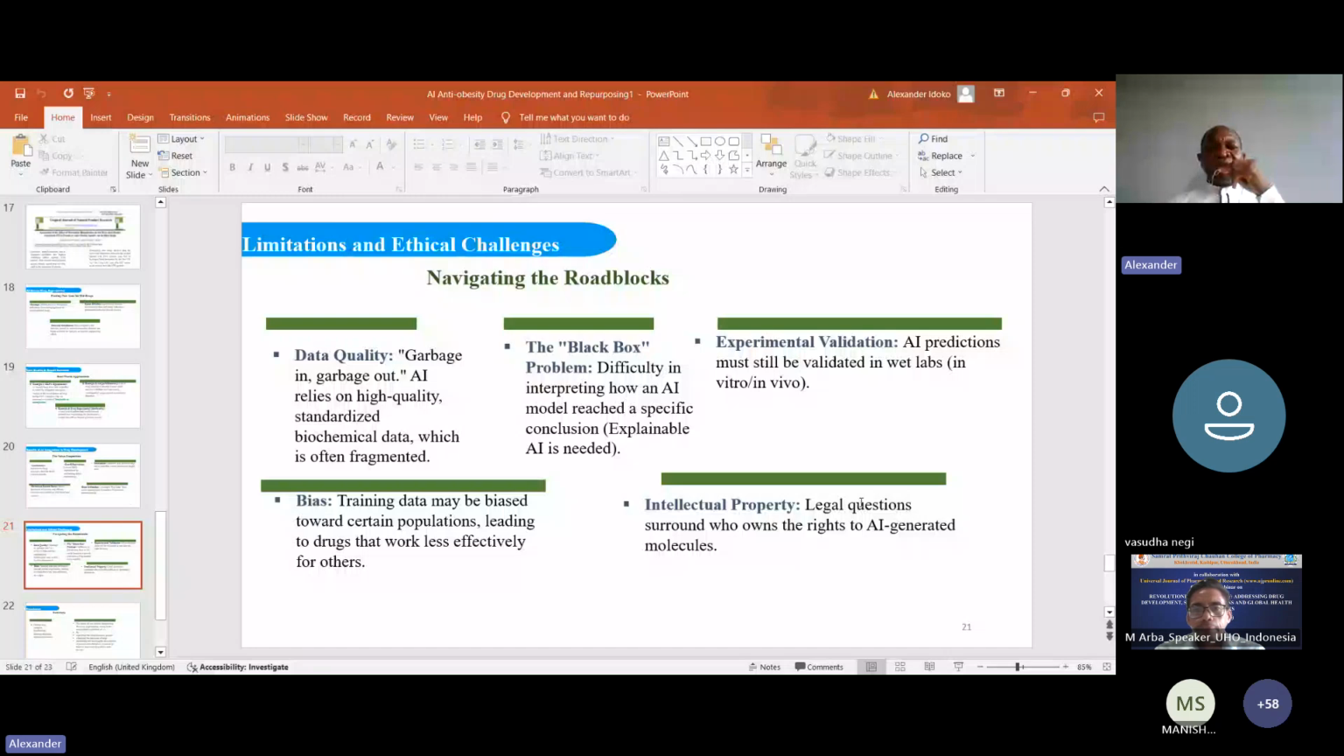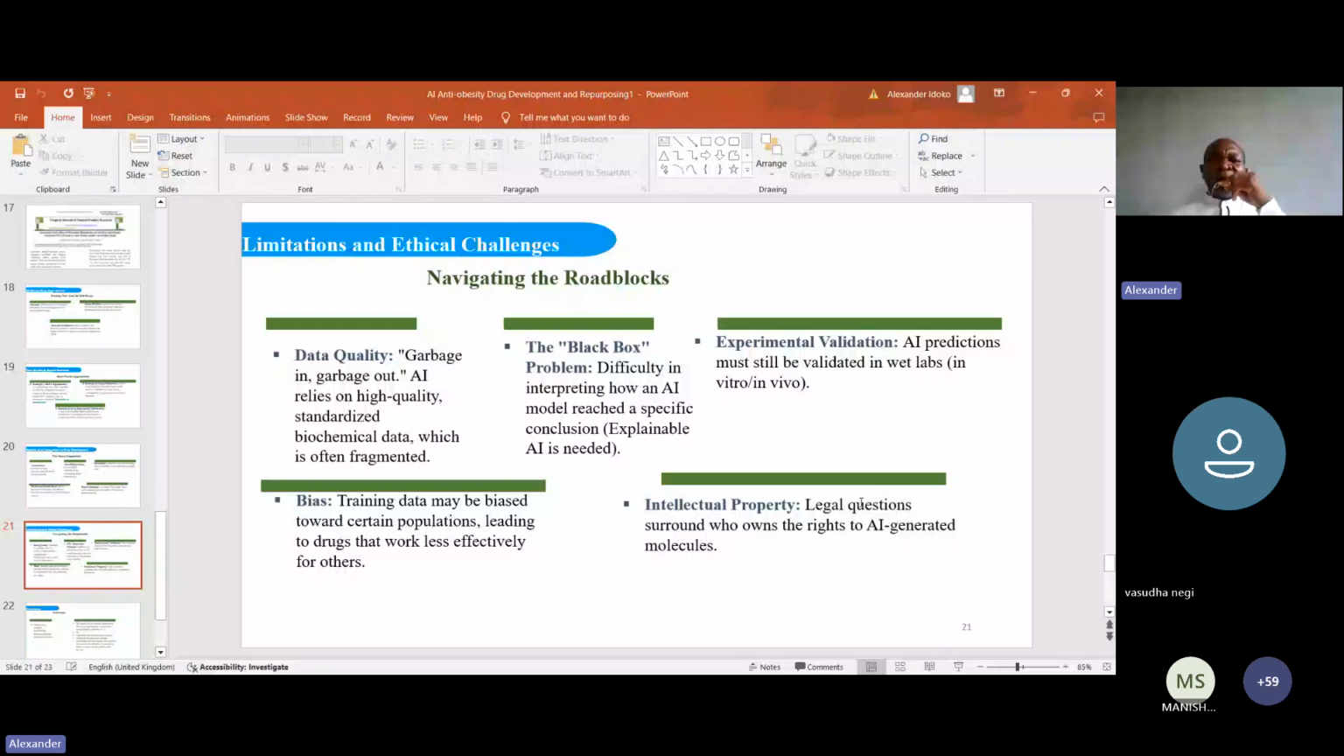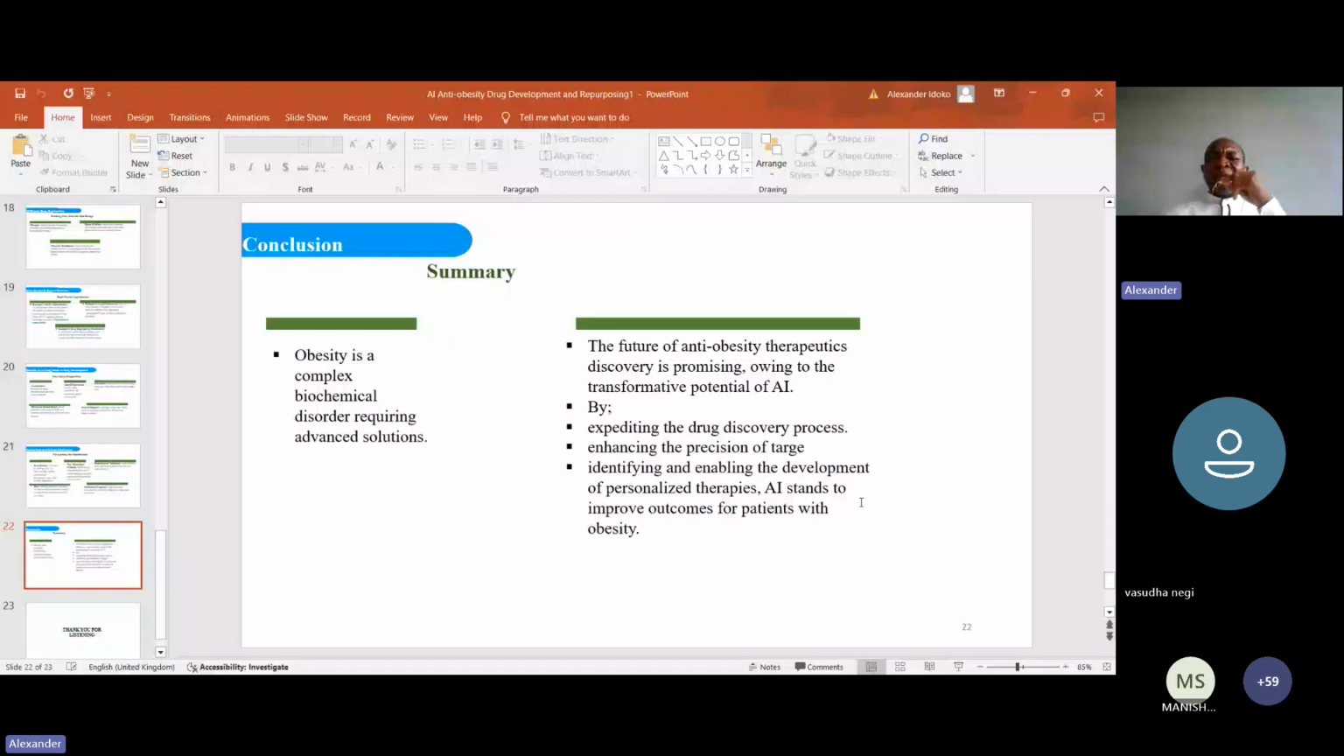In summary and in conclusion, obesity is a complex biochemical disorder requiring advanced solutions. Using AI, we can confidently look at a promising approach in transforming the problem of anti-obesity drugs by expediting the drug discovery process and enhancing